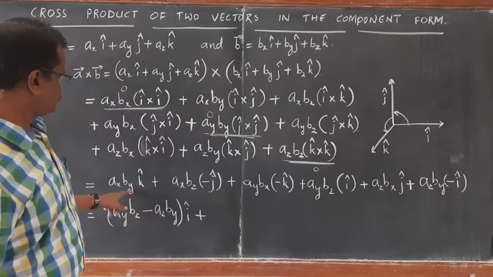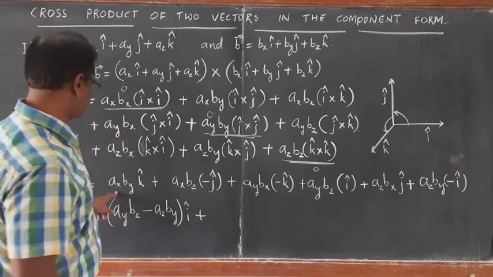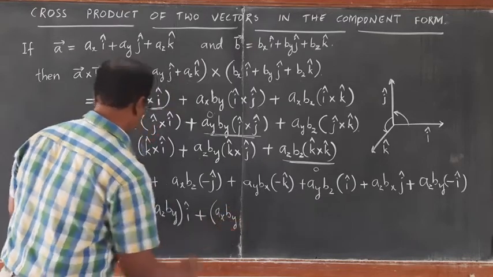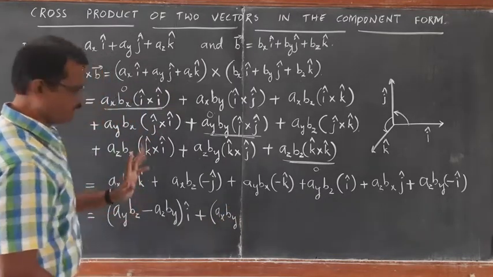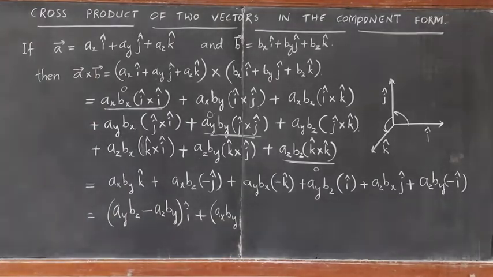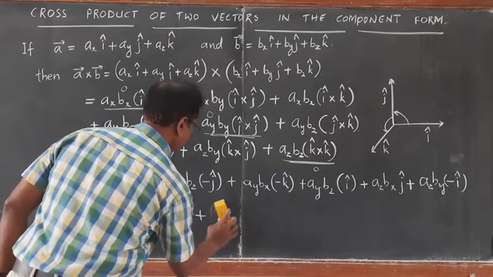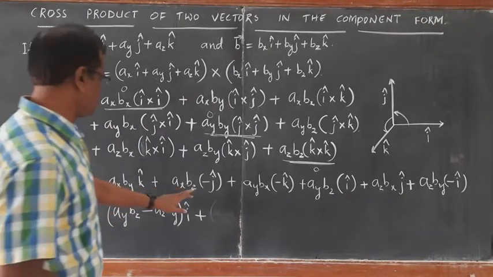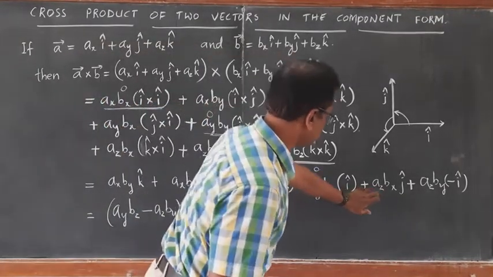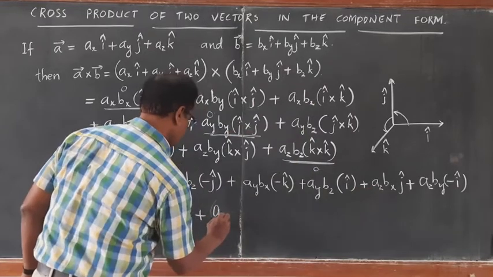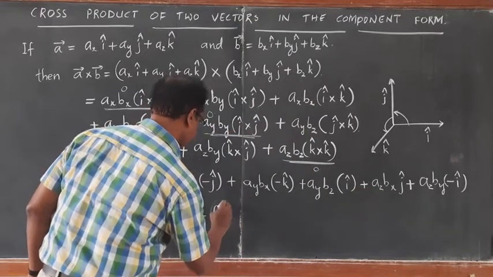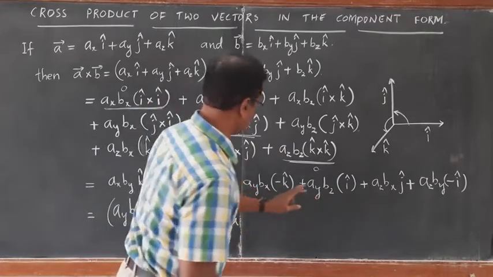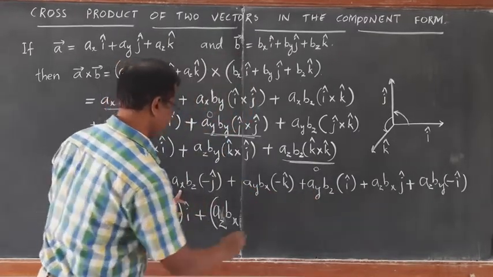Yes, ax by. Okay, we have to search for j. So this one. Oh yes, az bx positive value, and this is ax minus